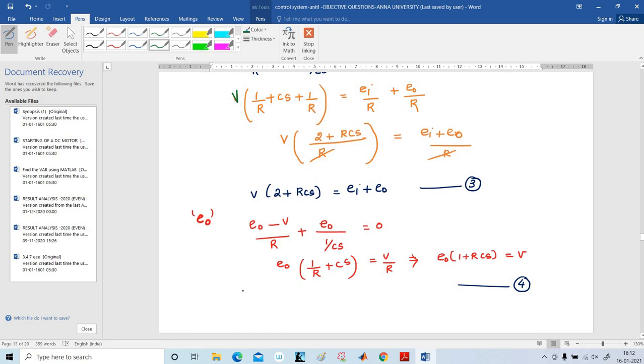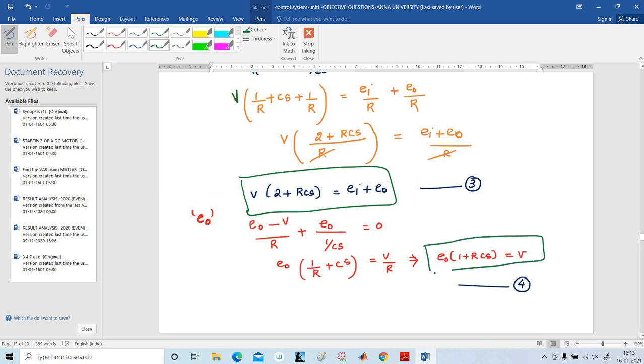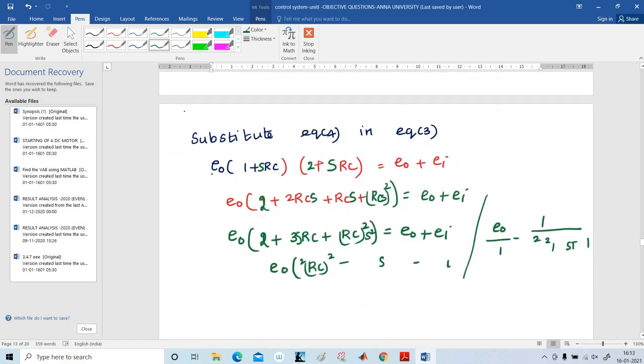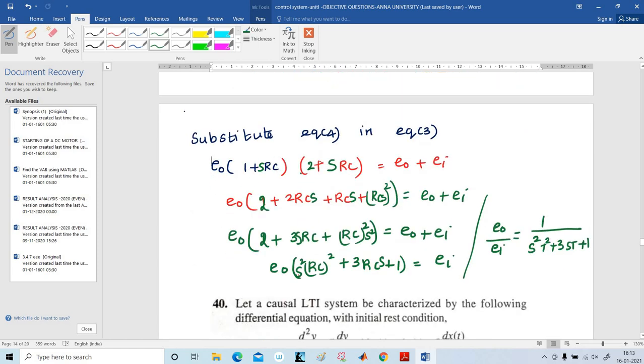Now I am going to take E naught outside. So E naught of 1 by R plus Cs equal to V by R. So E naught of 1 plus RCS equal to V. Now I got two equations. One of the equations is V of 2 plus RCS equal to EI plus E naught. Second equation, E naught of 1 plus RCS equal to V. Now what I have to do, I am going to substitute V in the first equation. Okay, so I'll get E naught into 1 plus SRC into 2 plus SRC equal to E naught